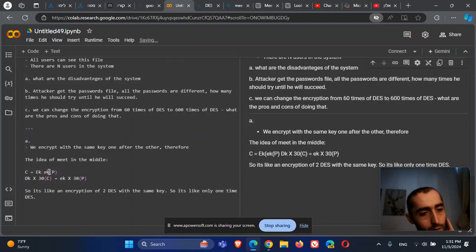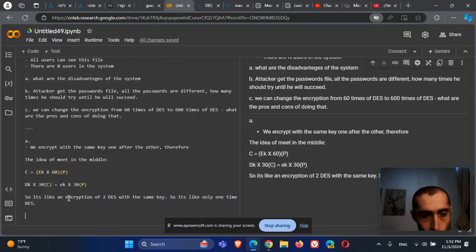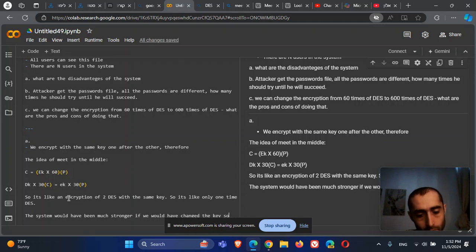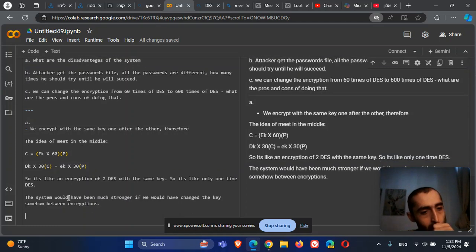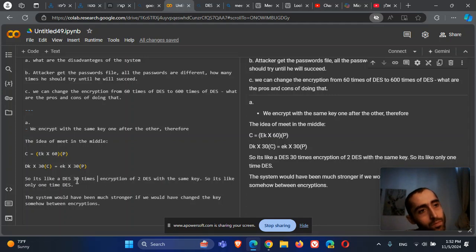This is E_k, let's call it times 60. It's like DES 30 times with the same key. So it's like